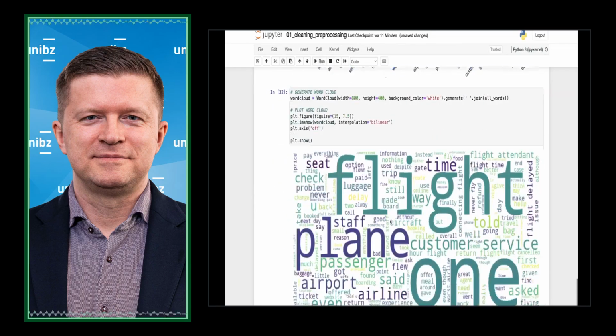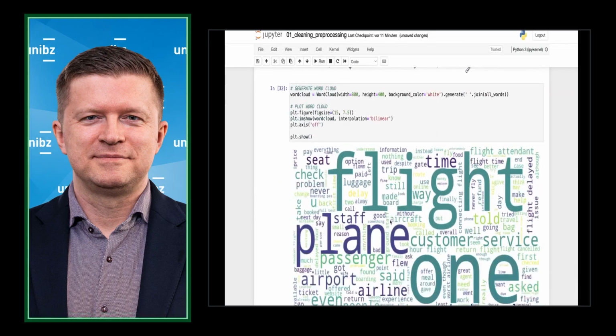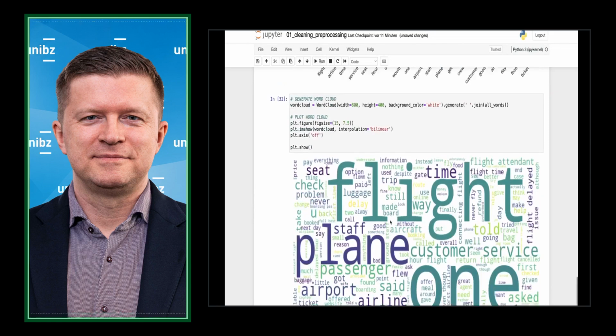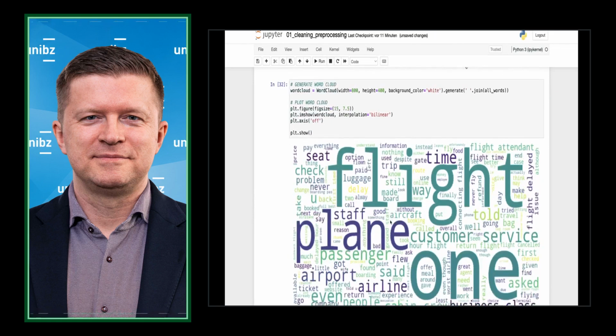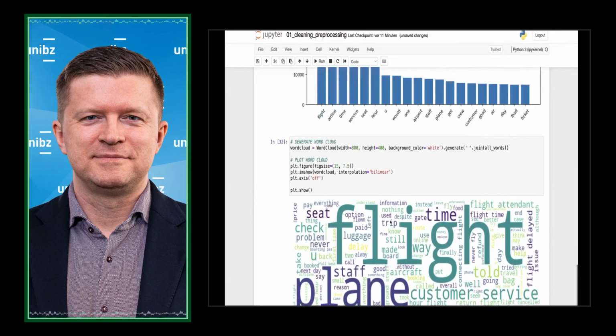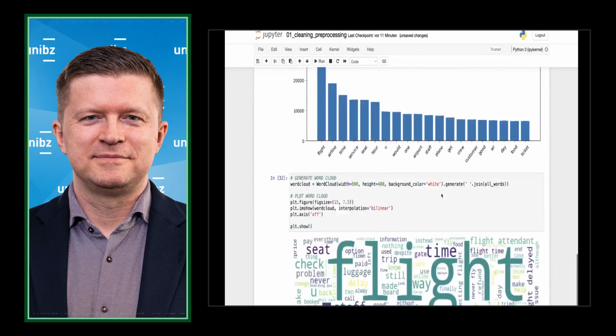Yeah, good. So we have a little bit more fancy graphic just to present it maybe to your management, that everything is fine. So we see the good positive words in green or blue, neutral. Okay,